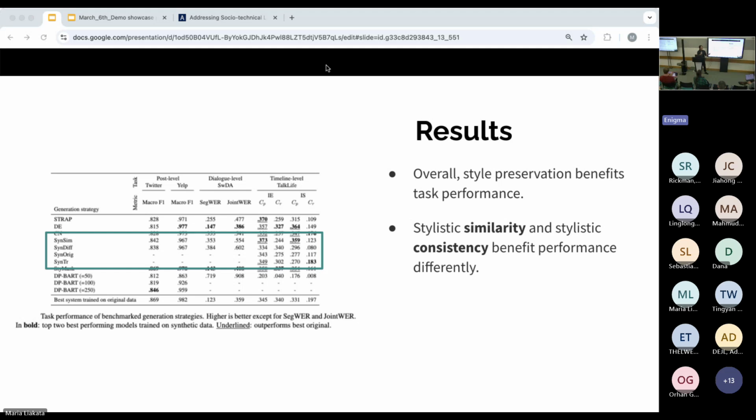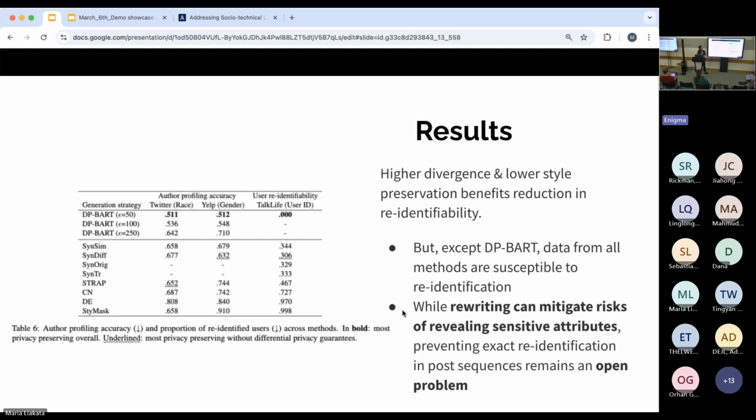I would hope that synthetic data of a synthetic Jenny would also write in a consistent way as I post about my life over long durations. So we find that that has a benefit, and it also has a benefit that is somewhat complementary to just having naive style similarity. We also find that the higher the divergence of the data and the lower the style preservation, the more privacy preserving it is. But that is only the case for some more simple tasks of